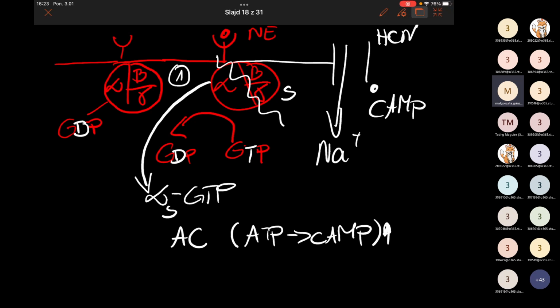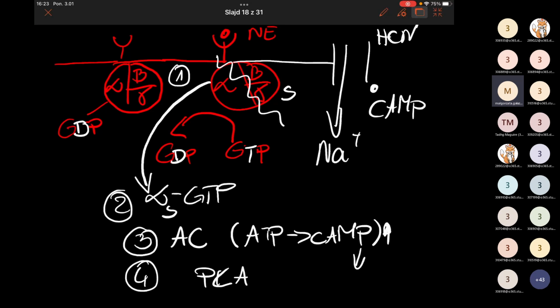so one first step, second, third. The increased concentration of cyclic AMP activates protein kinase A. Protein kinase A is an enzyme which phosphorylates different proteins within the cell membrane, like it phosphorylates calcium T and L channels, as well as it phosphorylates slow potassium channels. So in general, norepinephrine binding to the